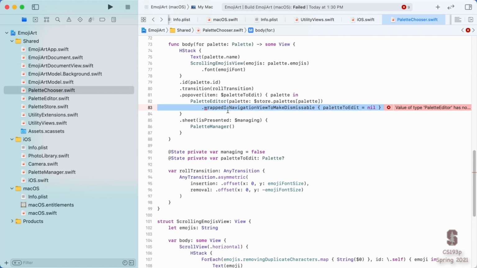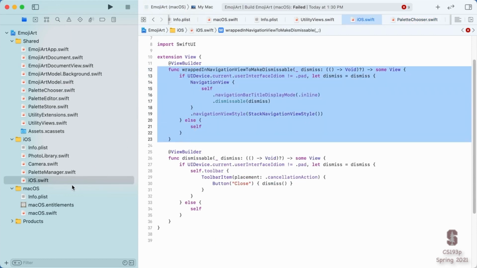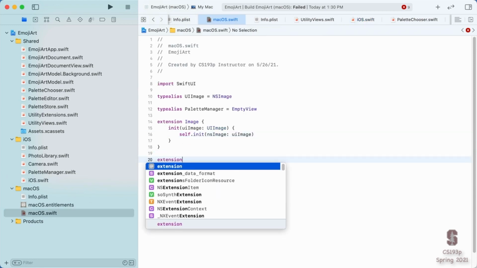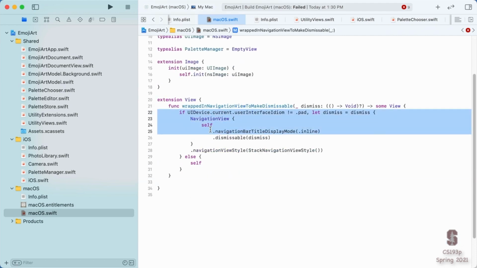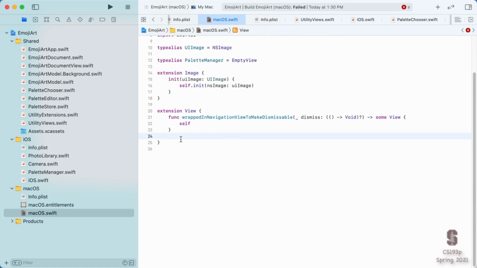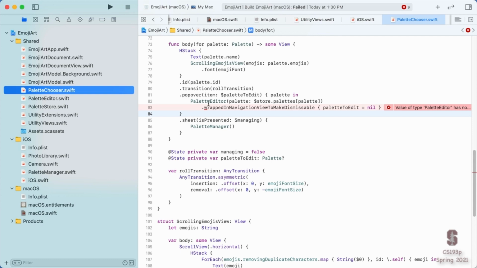You just return self from this function. So let's go over to here, grab this thing, go over and put it on the Mac. It's an extension to View. But on the Mac, we're not going to do any of this stuff in here. We'll just return self. Now this will compile perfectly fine on the Mac, and it will do nothing over here.